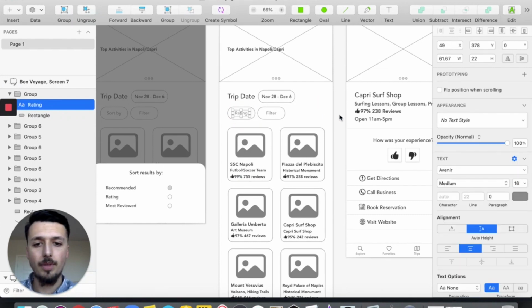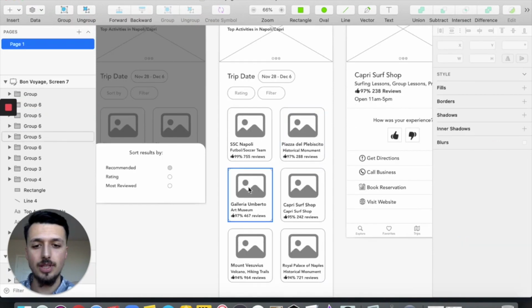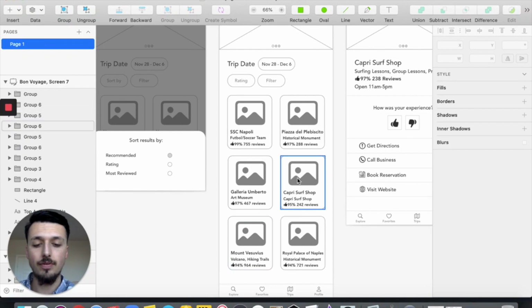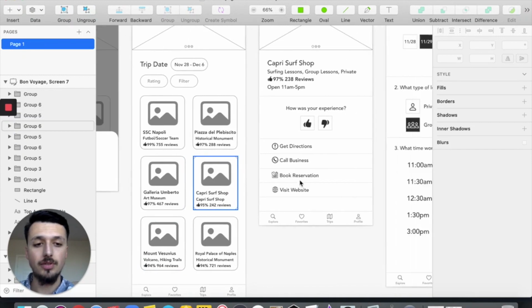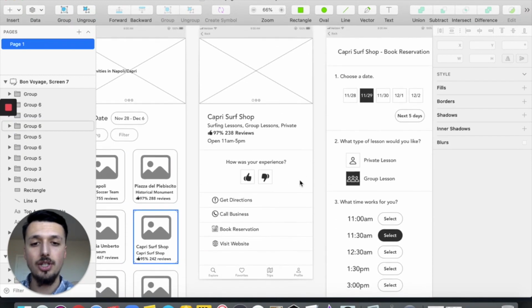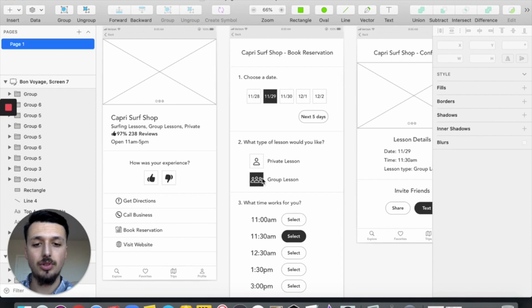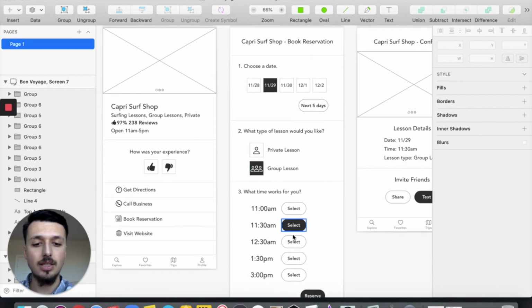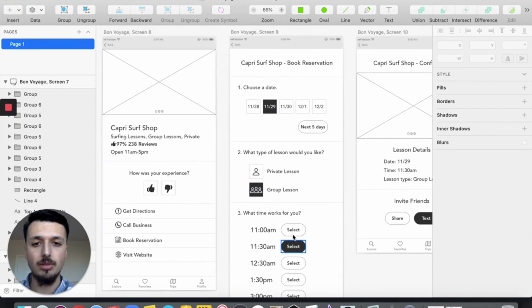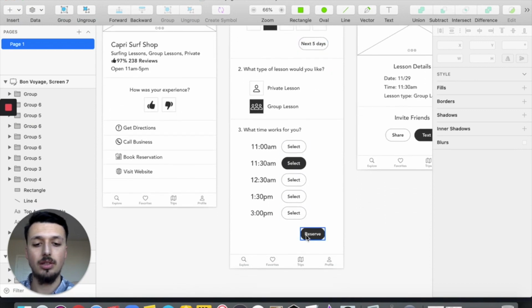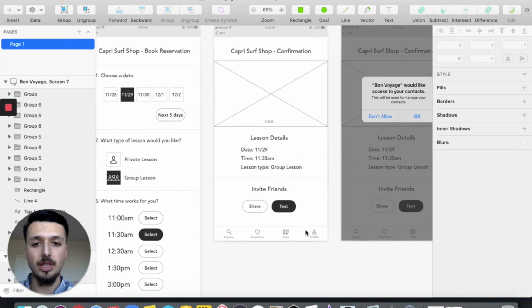So over here it will be sorted by rating, as you can see, 99, 97, and so on and so forth. They'll click on Capri Surf Shop, and this is the page where they will be able to book the reservation. And then from here I've pre-selected these because it's not going to be something they'll do in the prototype. They'll click the reserve, and then from here this is the confirmation, and then they can invite their friends,